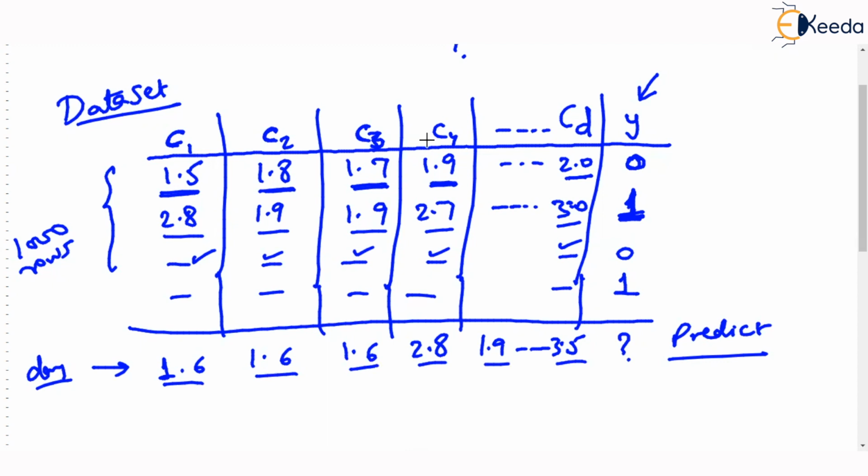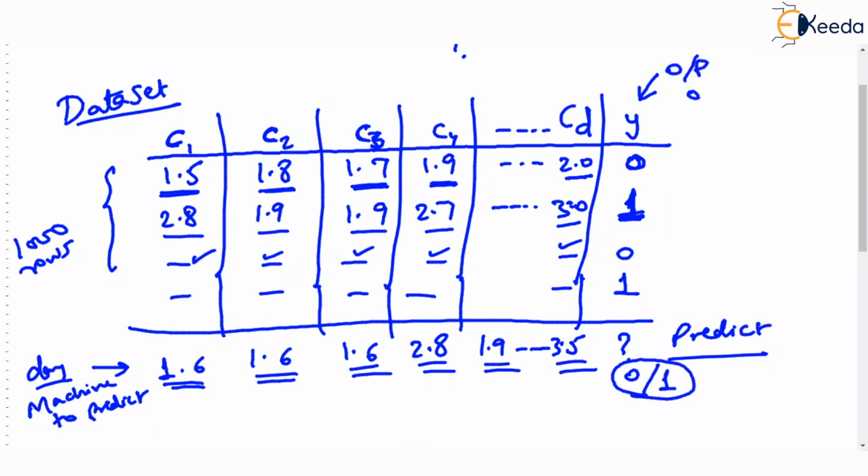Now, obviously, if a weather forecasting expert is given this data, then a human can tell whether it will rain or not. But the problem is, we want our machine to predict. That is, our program, given these values and not given the output, should predict whether this Y will be 0 or 1. I mean, what exactly will be the output? This is also known as the output or label column. Many times this output, which is dependent on these values, is known as output or label.